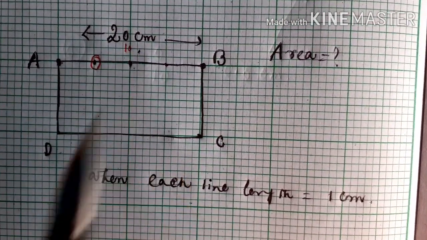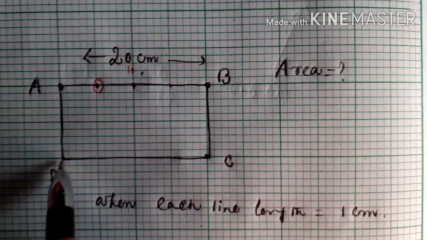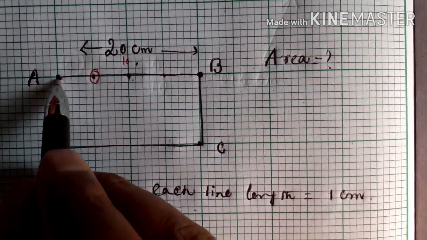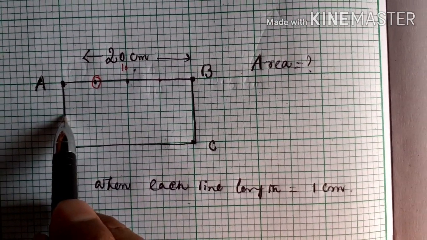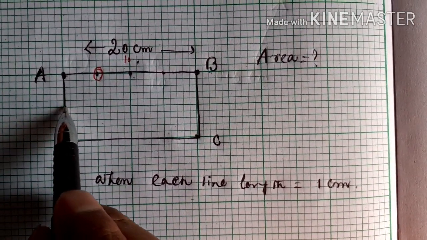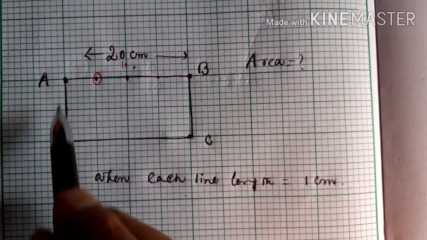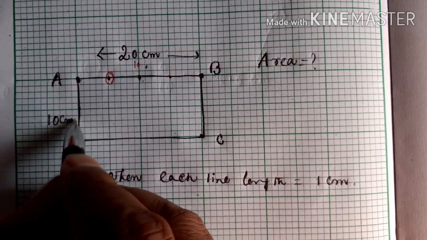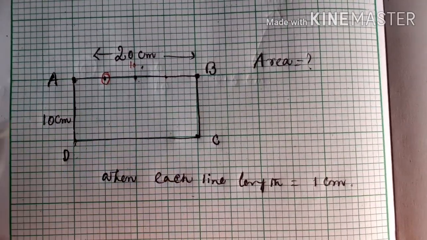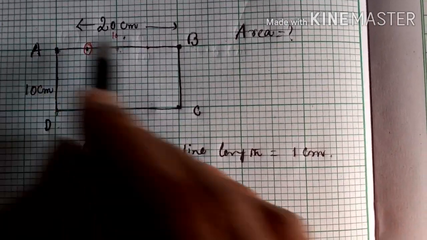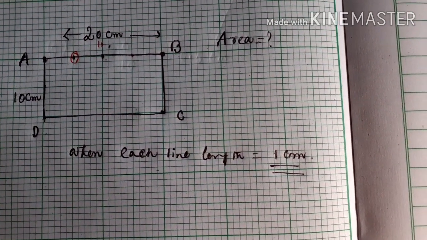be 20 centimeter. Similarly from here, if you choose this as the initial point, whatever, from here to there you get 5, and from here to there you will get another 5. So total length of AD line is equal to 10 centimeter. You can also count easily, 1 2 3 4 5 6 7 8 9 10 in this way, because all the lines I have chosen have a length of